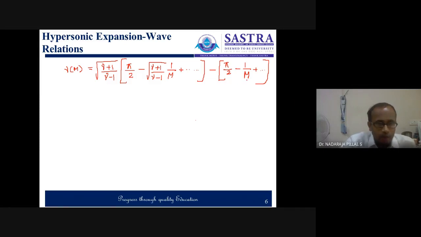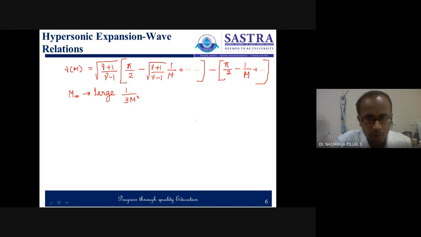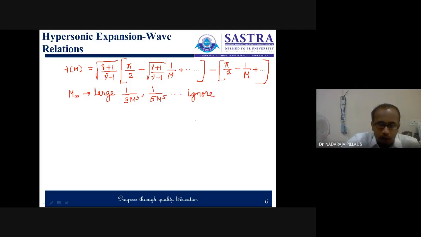So here what we do is, say we consider the Mach number is large, the M infinity is large enough. So here we neglect 1 by 3 m cube, 1 by 5 m power 5 and so on. So we ignore the higher order terms, and then we can rewrite this equation as